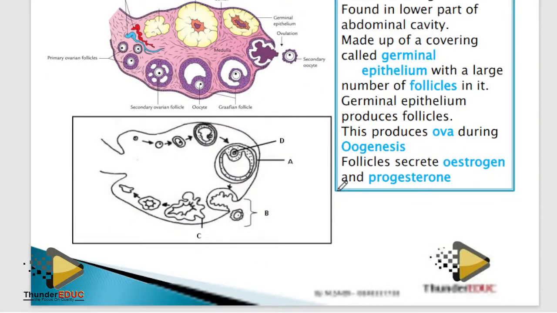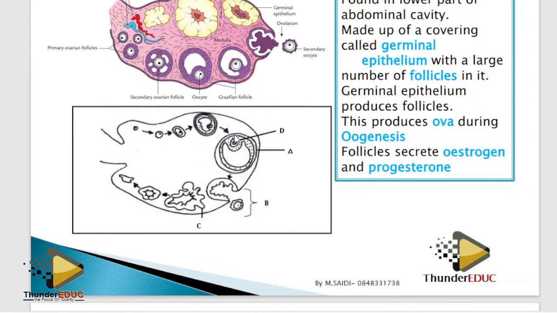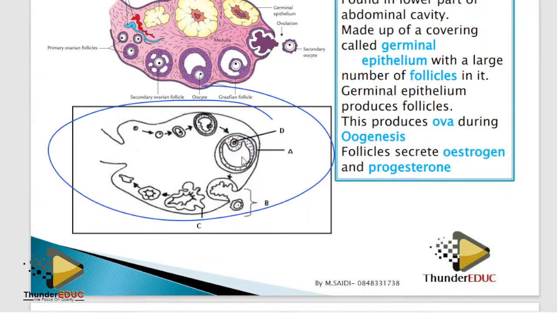This is the ovary. What do you expect, if they bring it, what questions are they going to ask you? Obviously, they're going to ask you, what is this? It is the ovary. But don't just call it ovary, call it Graafian follicle. But don't just call it Graafian follicle. This is immature Graafian follicle, while this is mature Graafian follicle. Why is it called mature Graafian follicle?